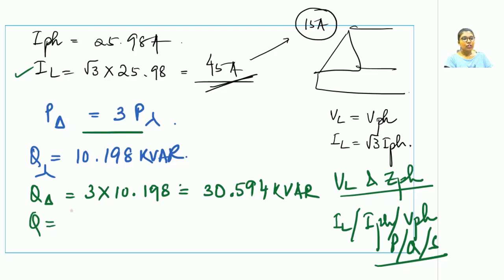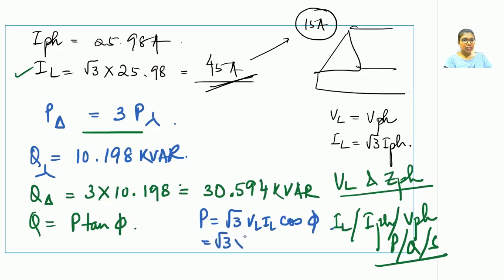In case you have forgotten this expression, you can use the normal expression, which is Q is equal to P tan phi. So let us now figure out P for this expression. P will be root 3 times VL IL cos phi. So root 3 times 577.35, IL is 45 and cos phi is